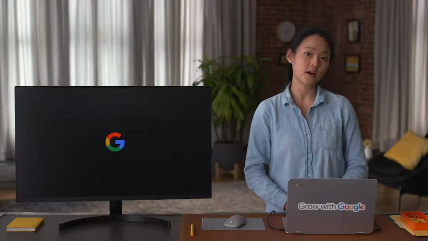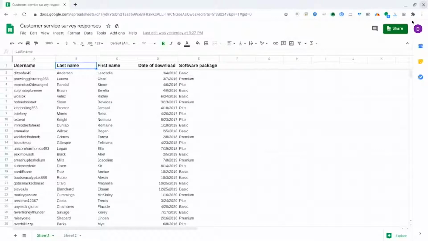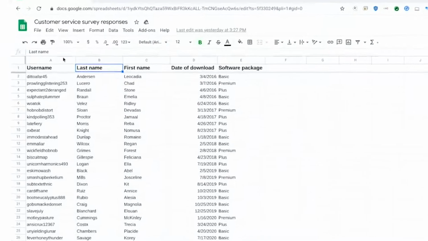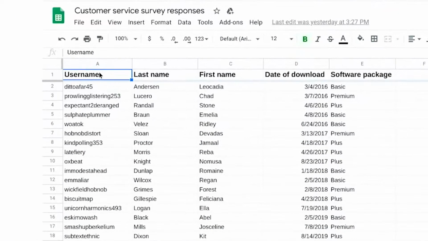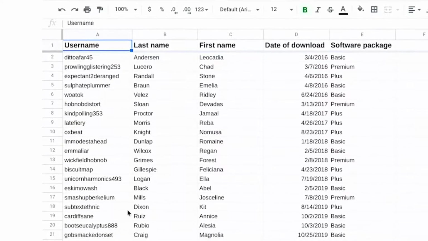Let's say you're working on a project where you need to figure out how many people use your company's software program. You have a spreadsheet that was created internally and verified by a data engineer and a data warehousing specialist. Check out the column labeled username. Now, it might seem logical that you can just scroll down and count the rows to figure out how many users you have.